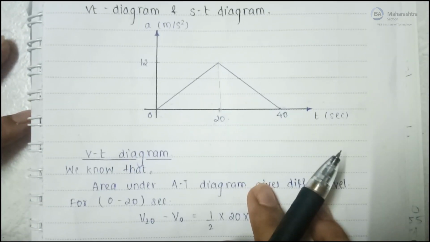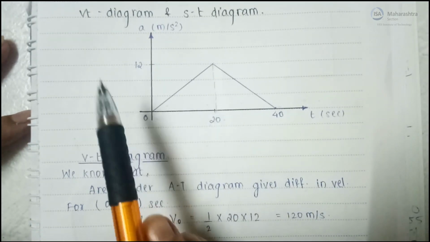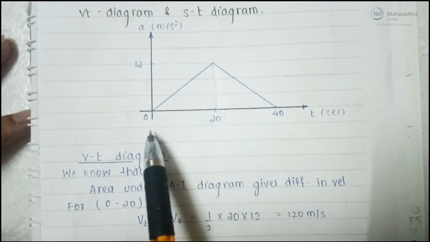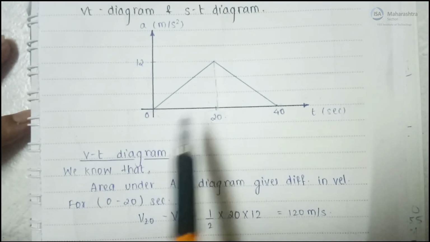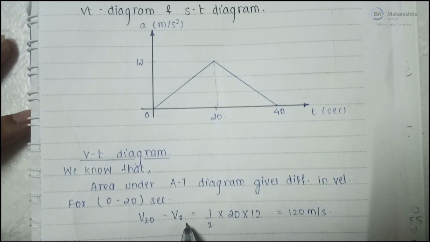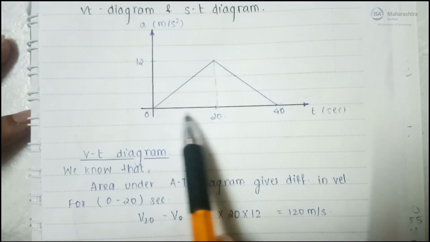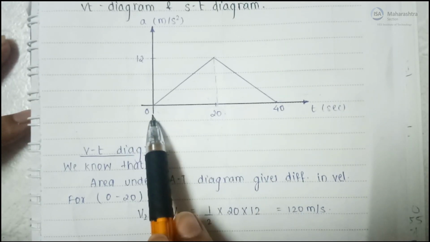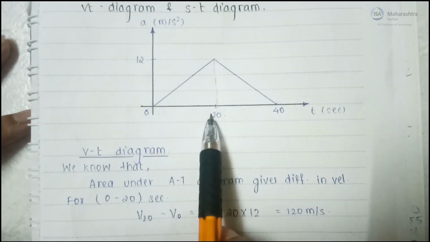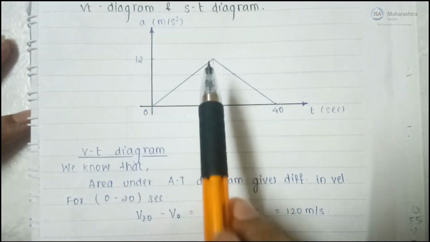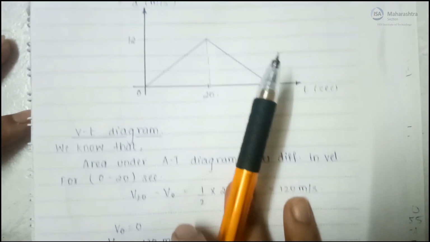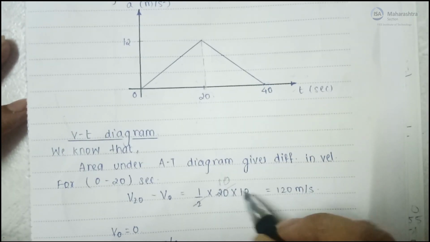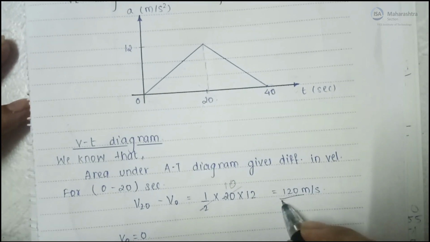For velocity time diagram, we know area under acceleration time curve gives us difference in velocity, right? So for 0 to 20 seconds, we'll do V20 minus V0 is equal to, this is area of the triangle, so half into base into height. So V20 minus V0 is equal to half into base, which is 20 minus 0, that is 20, and height is 12. So this turns out to be 2 into 20, 2 gets cancelled and 12 into 10, which gives us 120 meter per